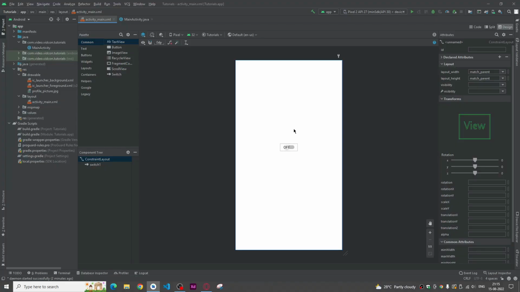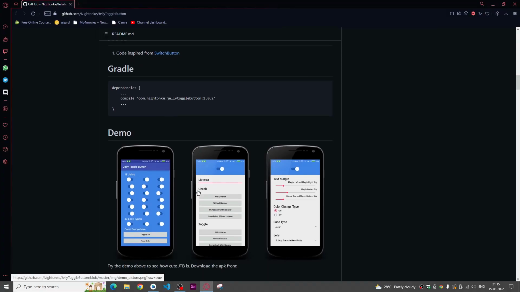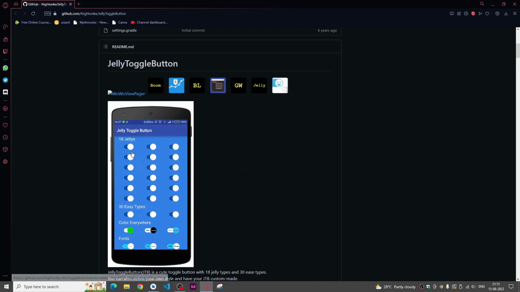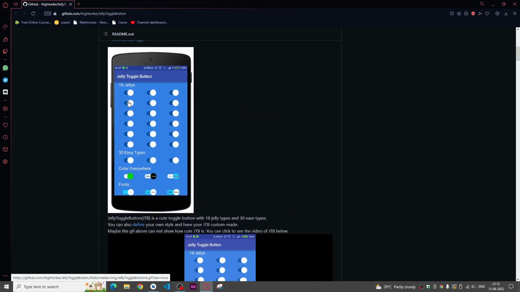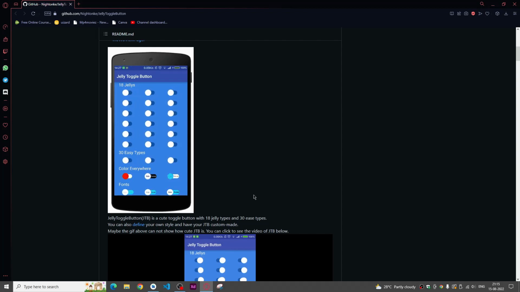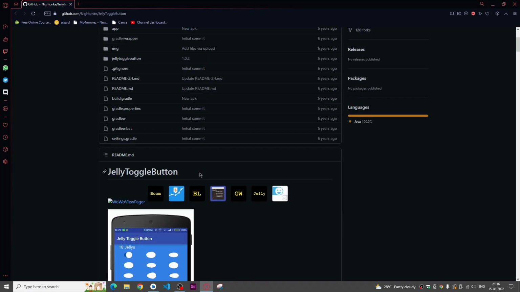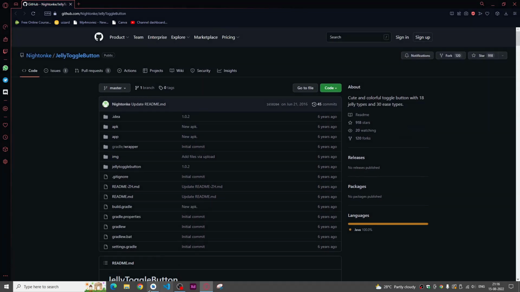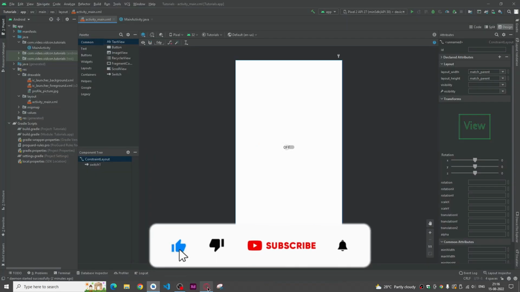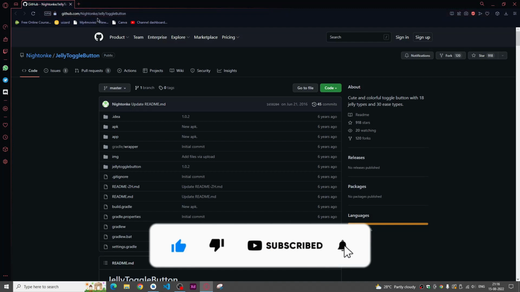First things, now the theme would be of jelly, like we are going to convert it into like this one. You see the animations. So this is the theme which we are going to implement. So to get to it, you just need to open your Android Studio, of course, and the second thing,